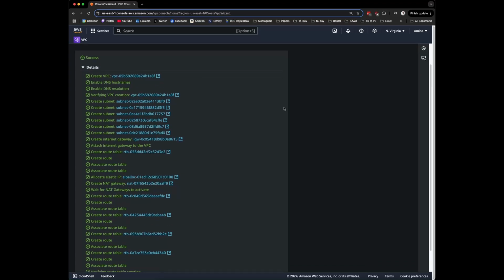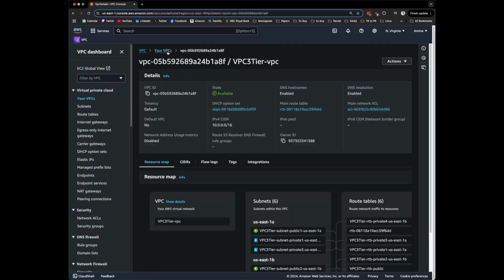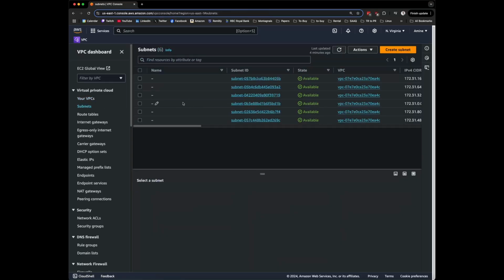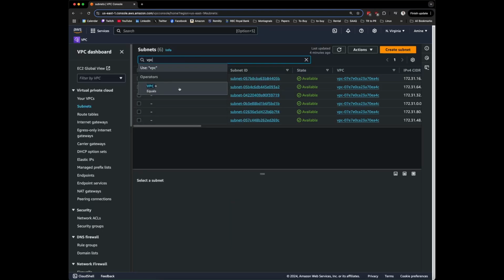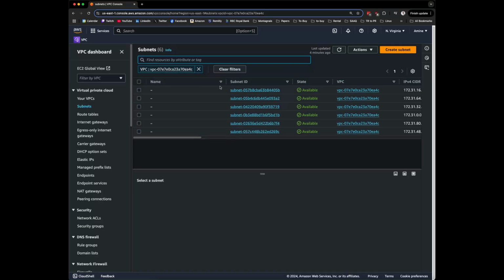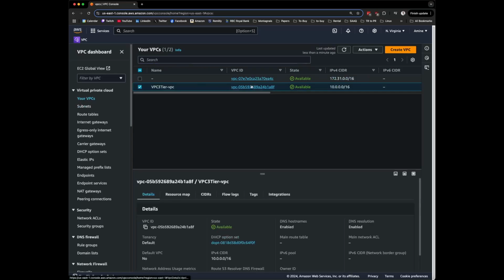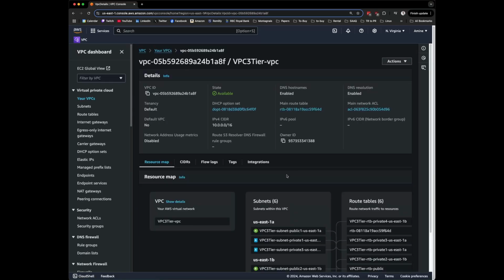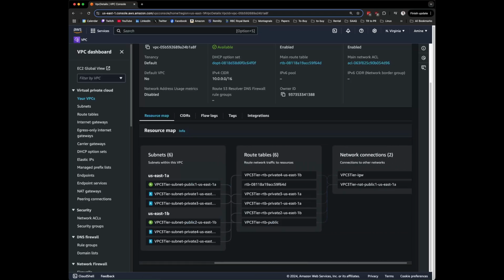All right, as you can see, everything has been created. Just need to view VPC. All right, so this is our 3-tier VPC. Let's go to the subnets. We'll select for the VPC. Okay, so as we have all the subnets, route tables, and network connections created, we have to